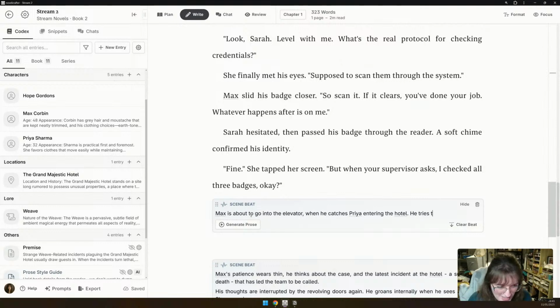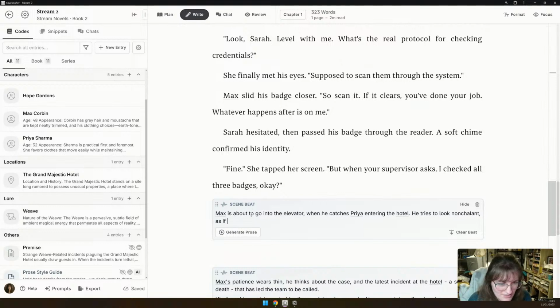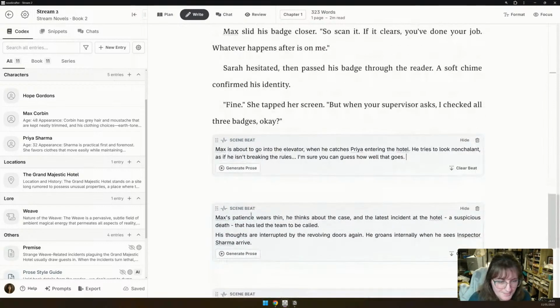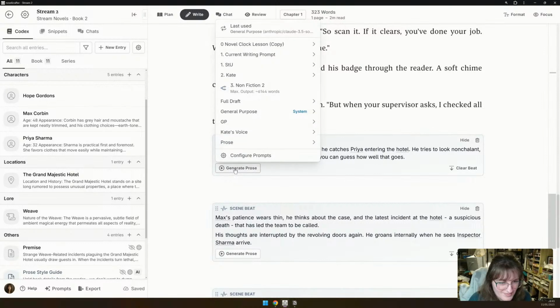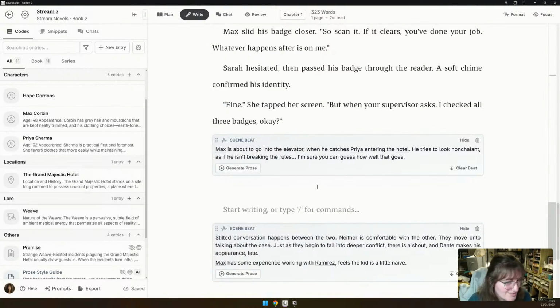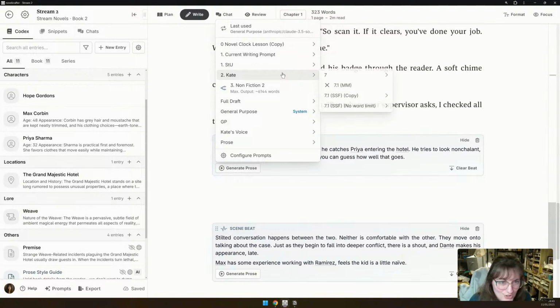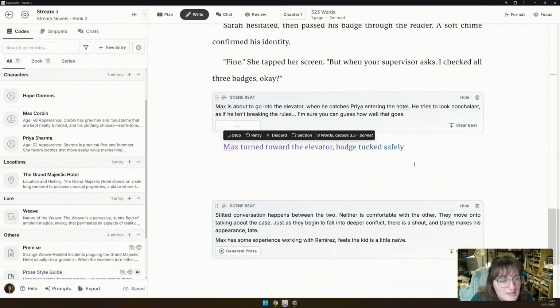He tries to look nonchalant as if he isn't breaking the rules. I'm sure you can guess how well that goes. So I'm going to delete this beat. We're going to try again. New things. We're completely pantsing this after all. But I do like that.